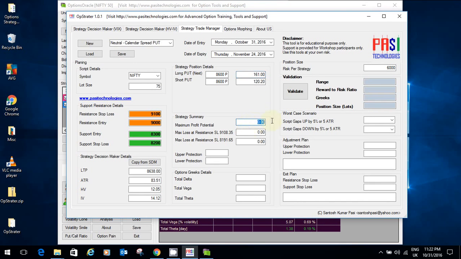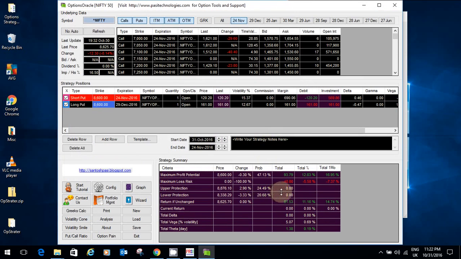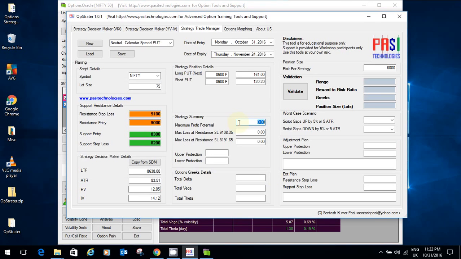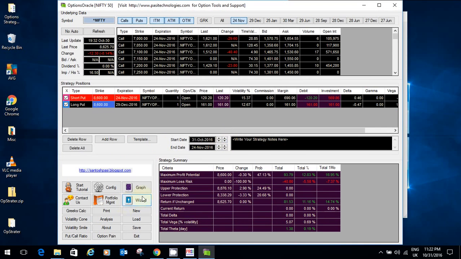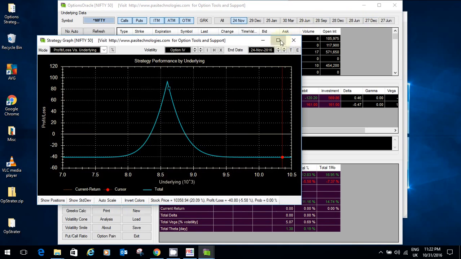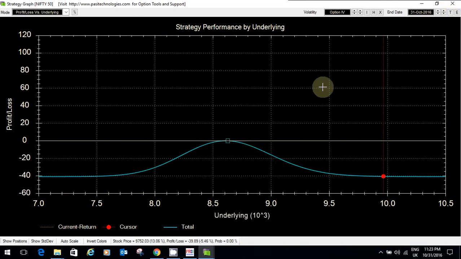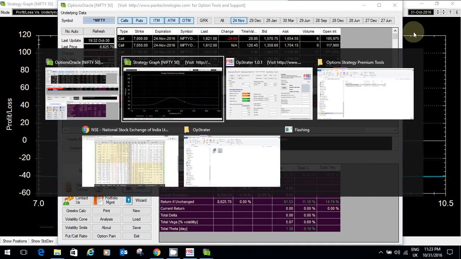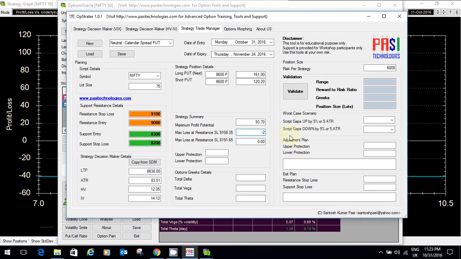What is the maximum profit? I can see the maximum profit is 93.79, so let's write it 93, I'll just make it 70. Now I need to see how much I'm going to lose at 9108. So I'll go to the chart and see if the stop loss hits tomorrow at 9108, how much I'm going to lose. It's saying I can lose around 91, that's around 23 points. So I'll write here minus 23 points,